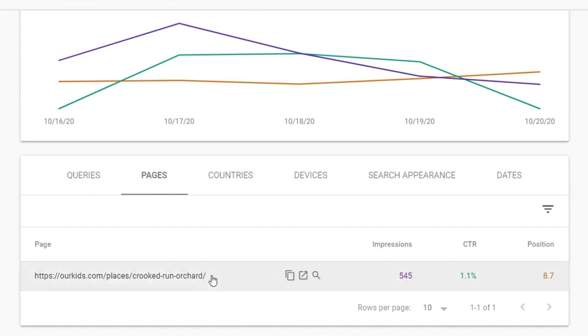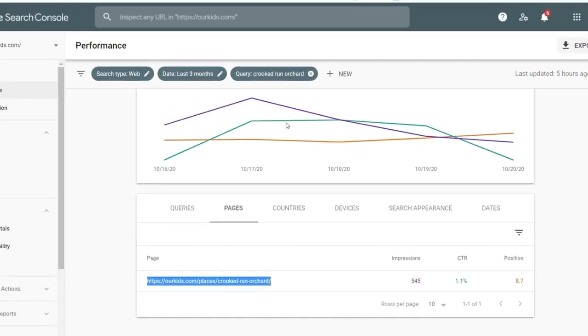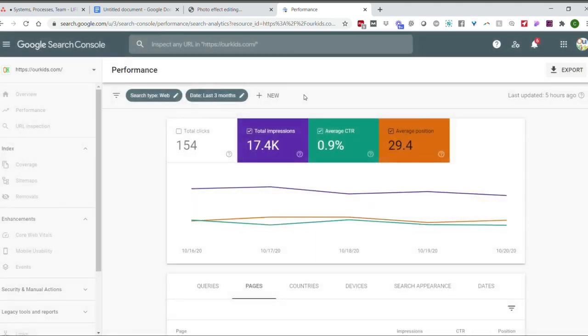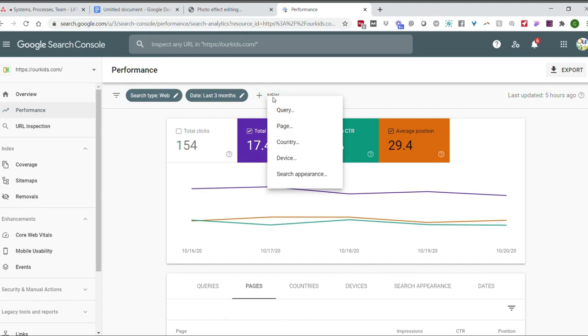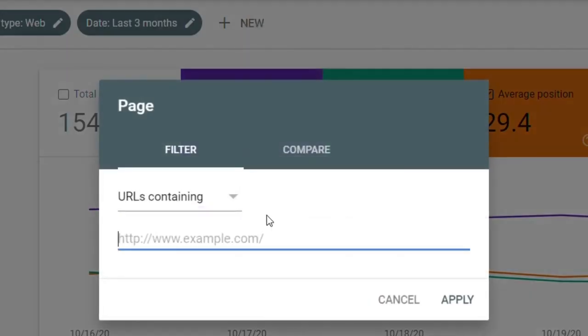Now, another thing that we can do here is go ahead and copy this URL. This is just an example. You can do this for any page, but let's say you want to know what a page ranks for. What keywords does that page actually rank for? So up here at the top, we're going to get rid of this query for a second, and we're going to hit new because we want to add a new filter. And we're going to search for a particular page. We're going to pop in the URL here